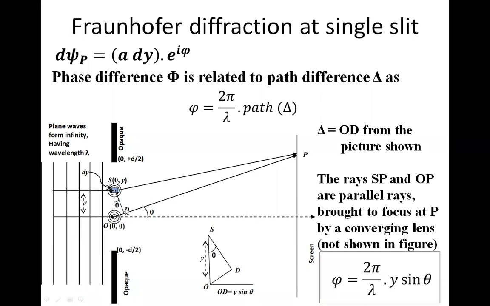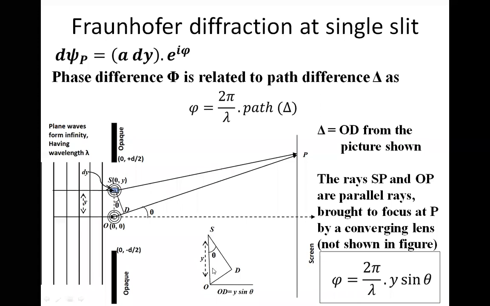As D is a perpendicular, this angle, that is OSD, is going to be theta. Why? Because this is 90 minus theta, this is 90, so obviously the other angle should be theta, right? That's what I have shown in this picture. So angle OSD is theta, and also we know the differential element dy. Let us suppose that this dy is situated at a distance of y units from the origin. That is OS, I am taking as y, because it's along the y direction.